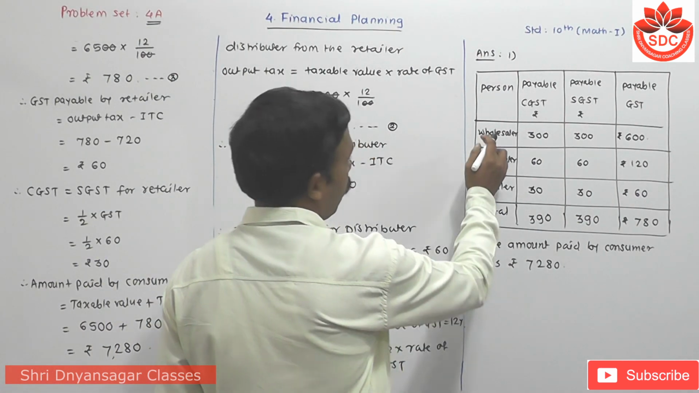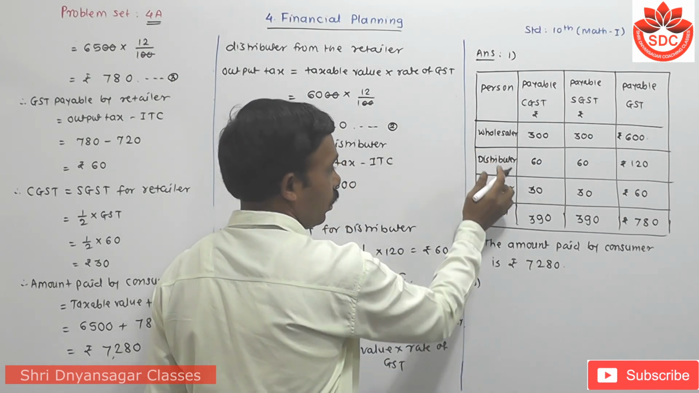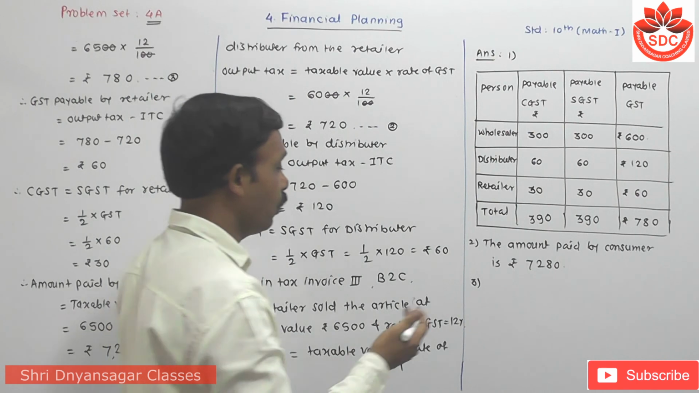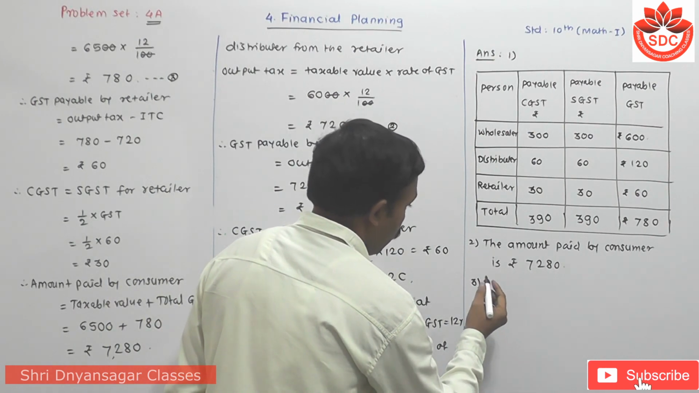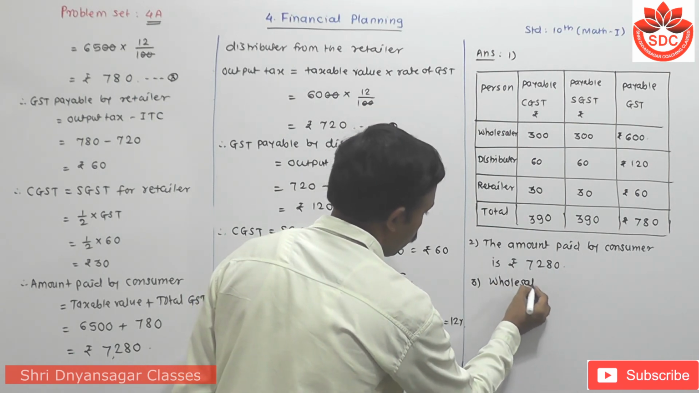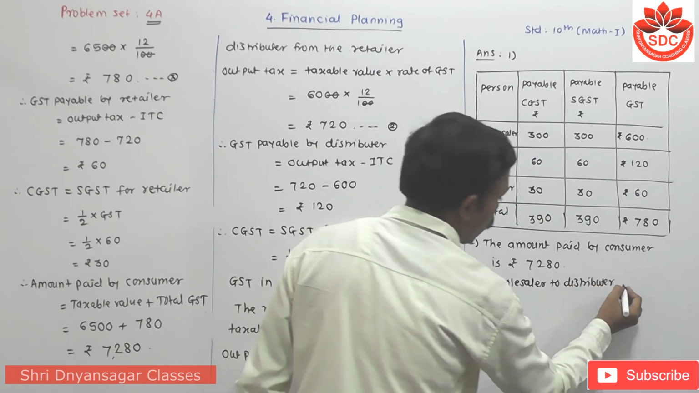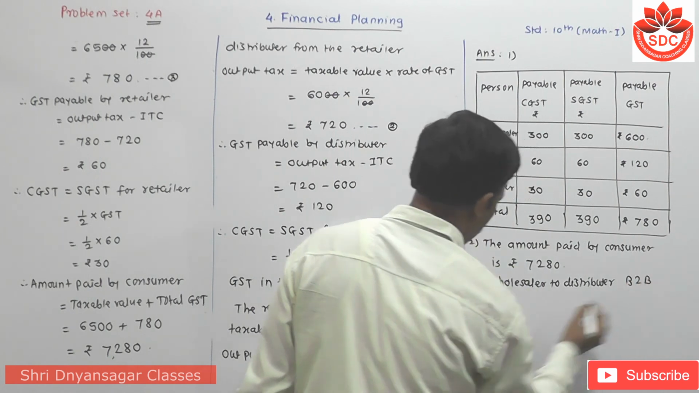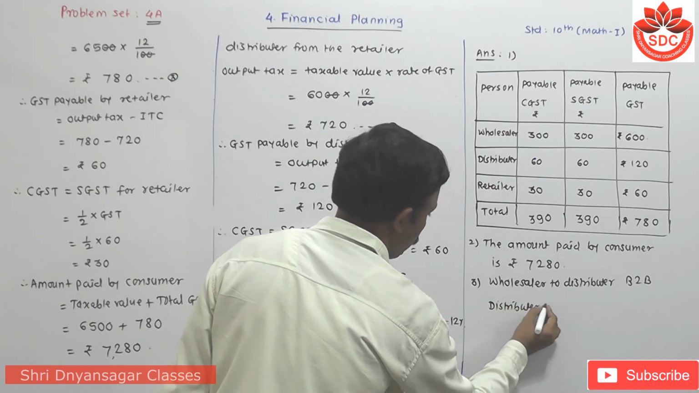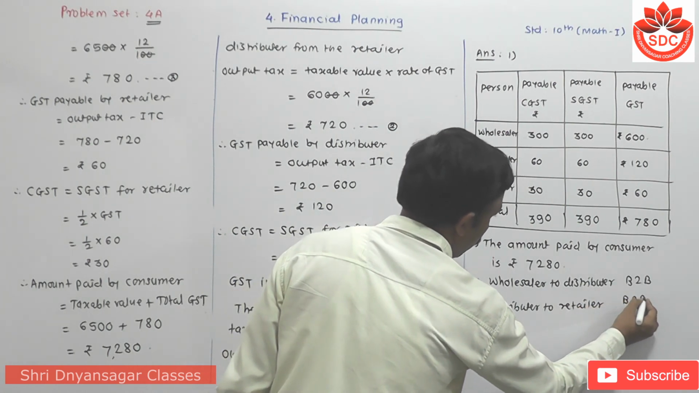Third point: write which of the invoices issued are B2B and B2C. Now here, wholesaler to distributor is B2B, then distributor to retailer is also B2B, and retailer to consumer is B2C. We have to write all of them here. First here is wholesaler to distributor is B2B, then distributor to retailer is also B2B, and